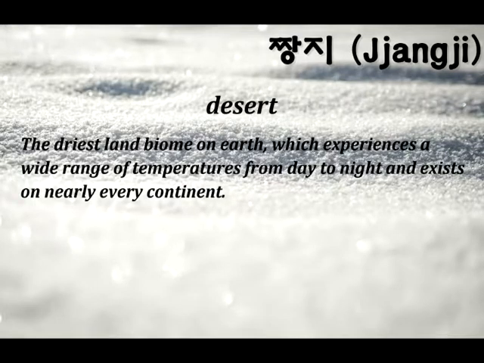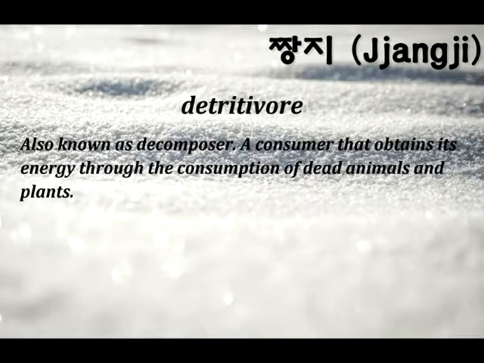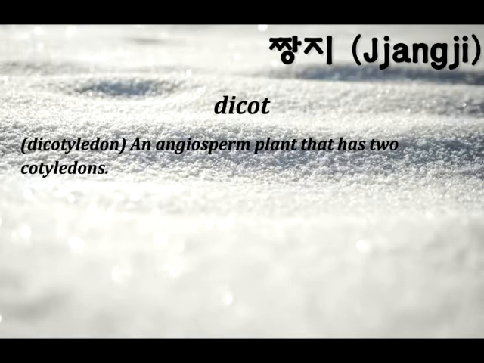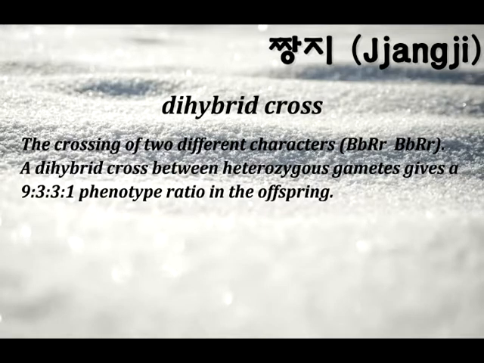Desert: the driest land biome on Earth, which experiences a wide range of temperatures from day to night and exists on nearly every continent. Detritivore, also known as decomposer: a consumer that obtains its energy through the consumption of dead animals and plants. Dicot, dicotyledon: an angiosperm plant that has two cotyledons. Dihybrid cross: the crossing of two different characters,